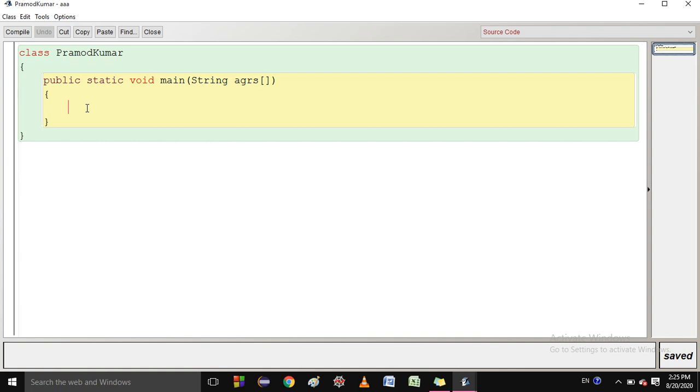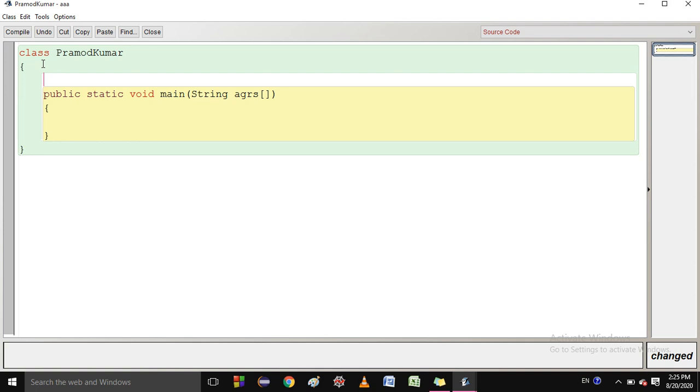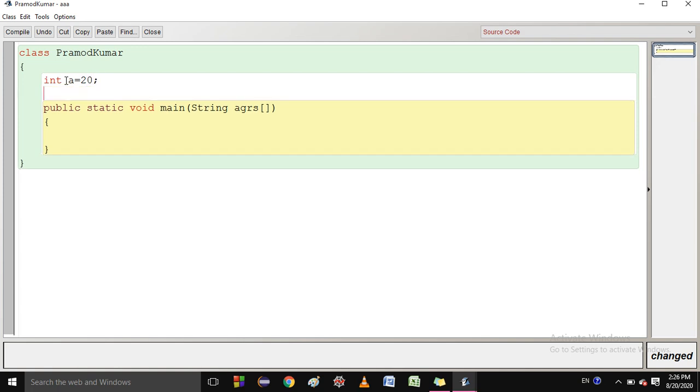So let me write some variables in Java. The variables you will write in the class, at the starting of the class. Suppose I have written int a equal to 20. This variable I have written. Now I am going to make a function, a method. So how will you start to write the method? First you write the access specifier, public.